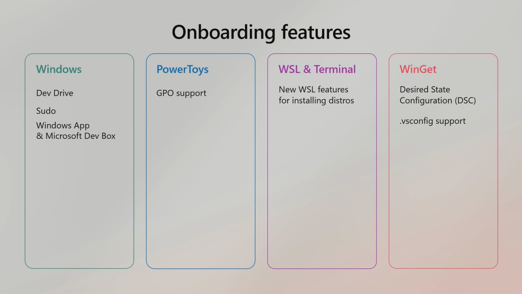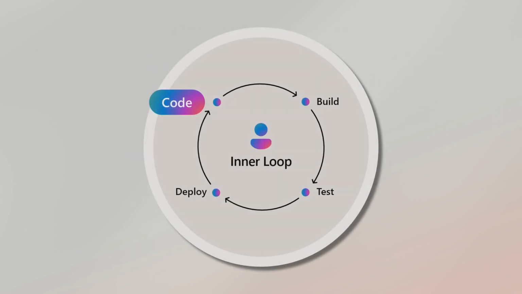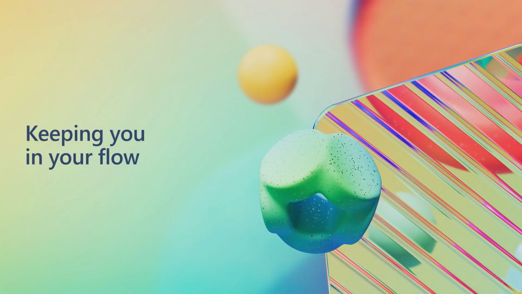And that kind of brings us to our next major area. So we've set up the machine, right? Those are all the improvements to get your machine into a working state. And now we want to say, what are all the features that we have to help you stay in the flow, to help you do more while coding, and to help you while you're actually building your project, to help you basically maximize your productivity at that stage. So once again, this is all demos today, which is my favorite.